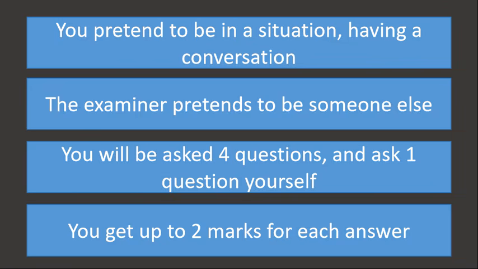You'll be given instructions and told which roles you'll be playing. That's just one example. You'll be asked 4 questions and you have to ask 1 question yourself. And you get up to 2 marks for each answer. It's still the same sort of marking criteria, so they're looking for pronunciation, vocabulary, grammar, but most importantly in this